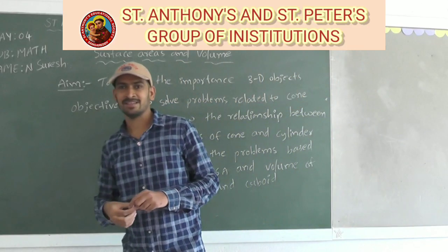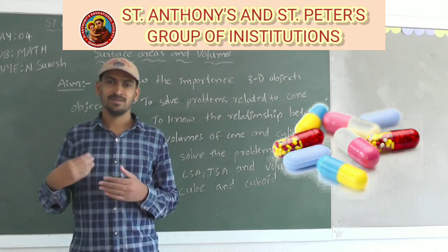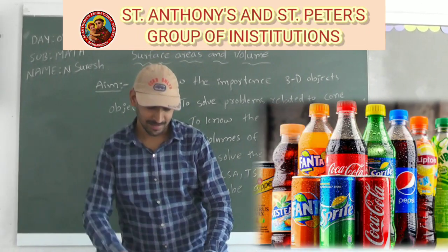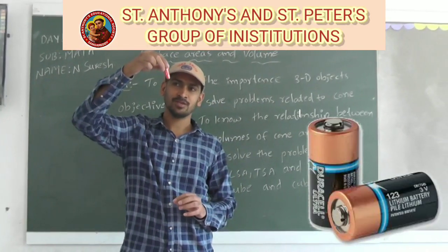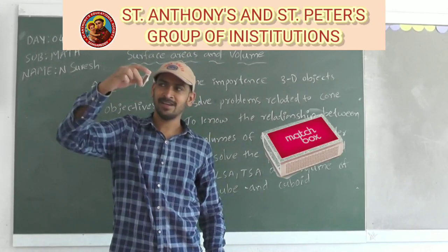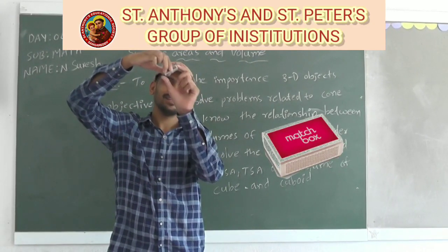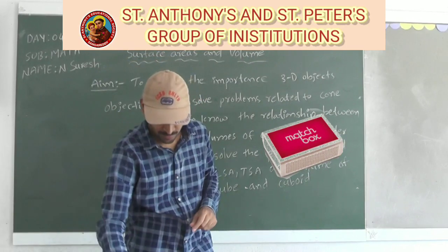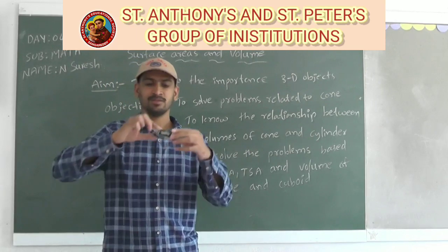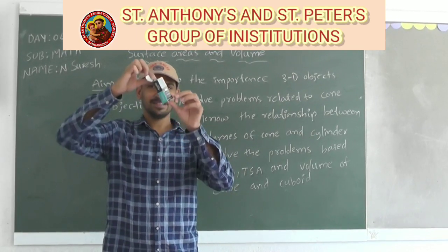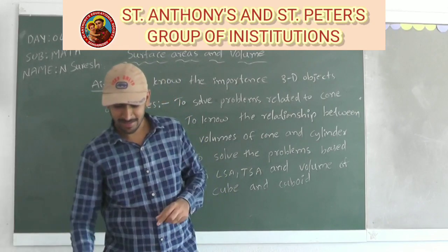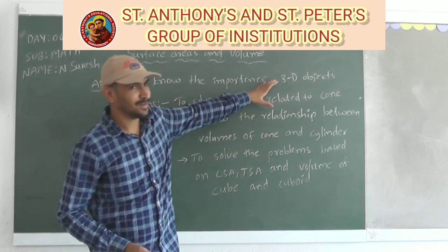You know, in manufacturing industry, medicine or cool drinks manufacturing, how to fill the bottles with cool drinks, and a battery. This is also a cylinder. A matchbox we use in everyday life, how to manufacture it? It is a cuboid. Based on volume we can say how many chart pieces we can insert in a box. These are all very important in our daily life, related to our 3D objects.